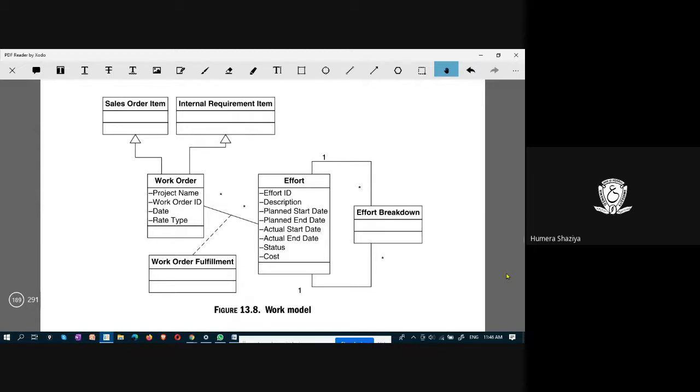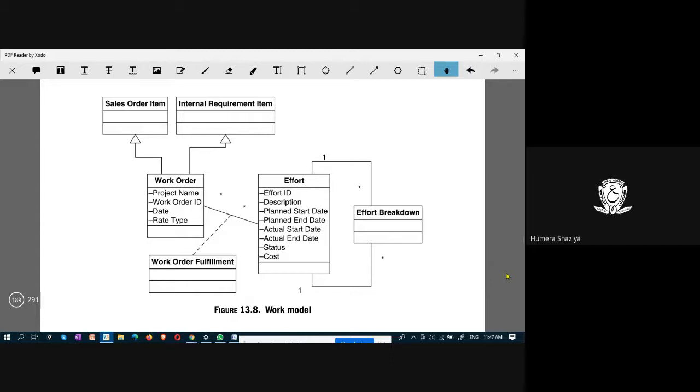What is a work order? It has project name, work order ID, date, and rate type. These identify a work order, which further has a sales order item, internal requirement item, and